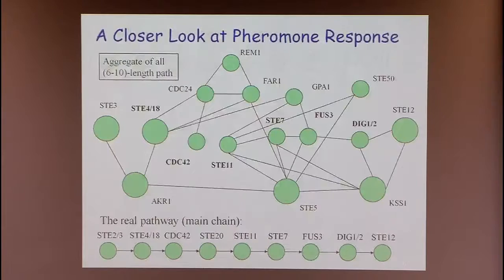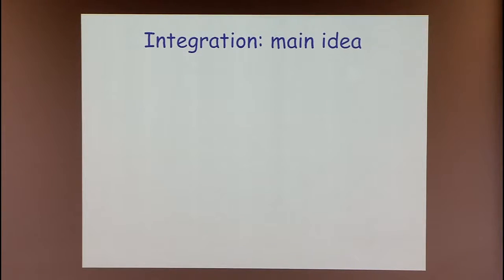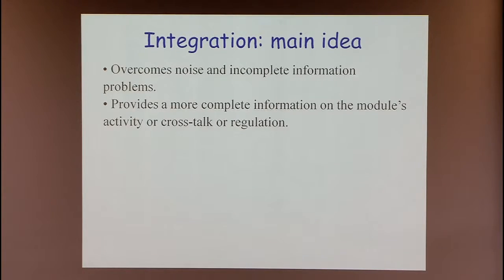Okay? So I'm sorry for having to move a bit fast, but let me get now to the last point of my talk. And the last point of my talk is that you can use all these techniques now in very interesting ways when you try to integrate information from multiple networks. And when you try to integrate information, of course, it has two important roles. One of them is to fight noise, or eliminate noise and incomplete data.